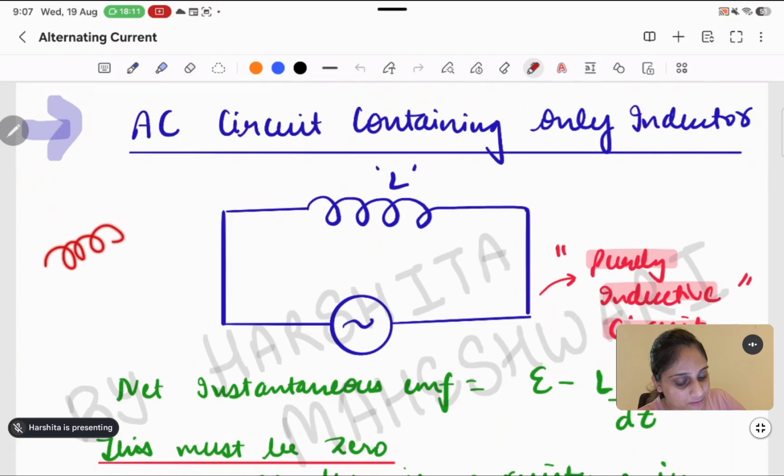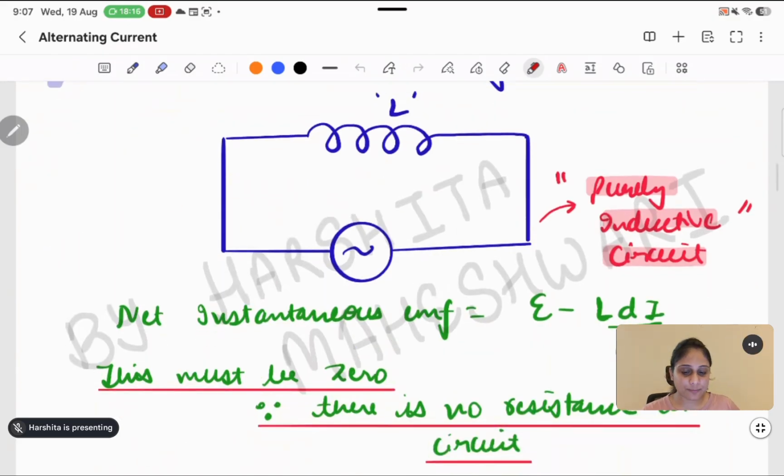When we are talking about an inductive circuit containing only and only an inductor, the inductor is represented by a spiral type of thing. Okay, so now see, let's suppose I'm showing that this is an inductor connected in a circuit, having the alternating EMF E supplied from here. So we can write that the E value here will be E naught sine omega t, just like the previous one.